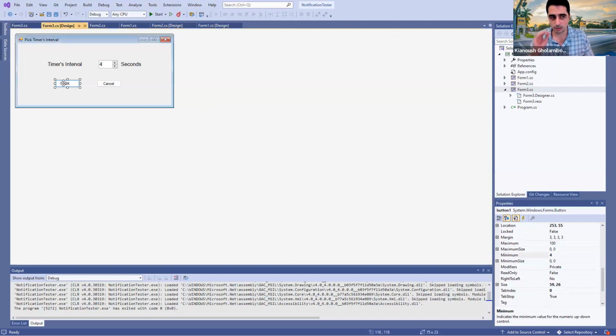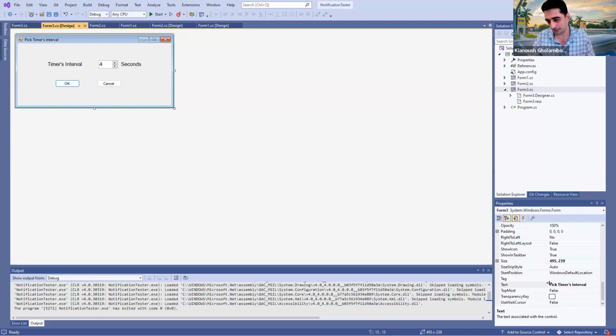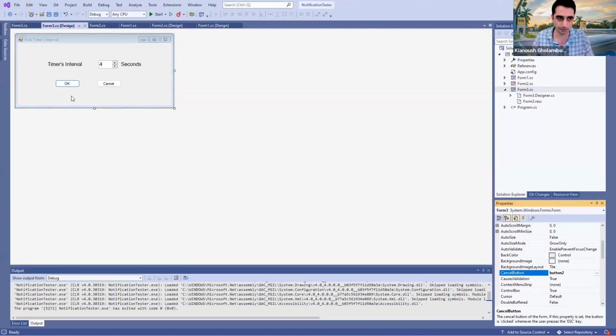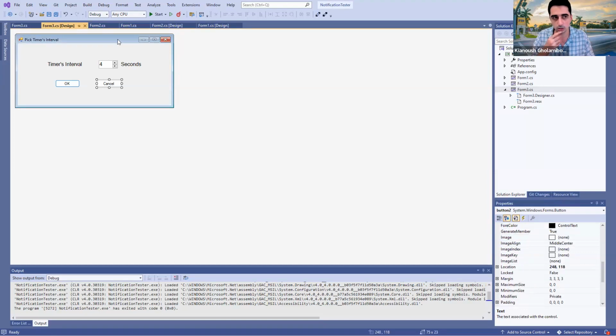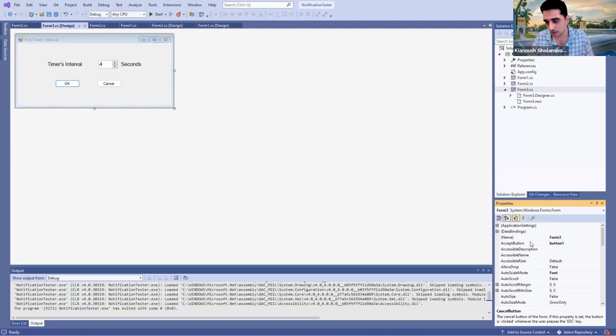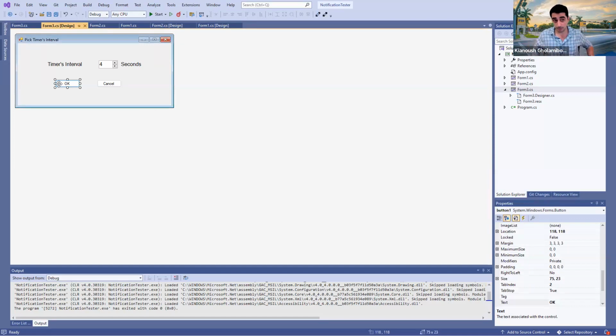You need to say this OK button should be my form's OK button. So go to the form and click on this form. Other than setting the text, which says pick timer interval, I'm going to set multiple properties. One is the cancel button. That should be button 2. Button 2 is the cancel button. The second thing I wanted to change is the accept button, which is here, and I set it to button 1. Button 1 is basically this OK button. This makes sure that the OK button serves as an OK button and the cancel button serves as a cancel button